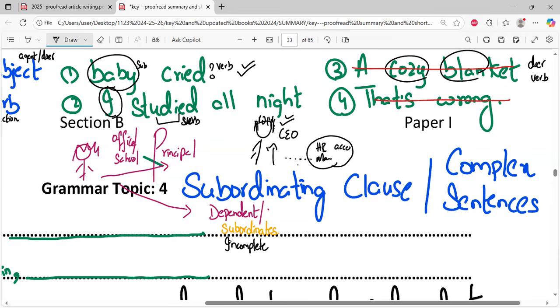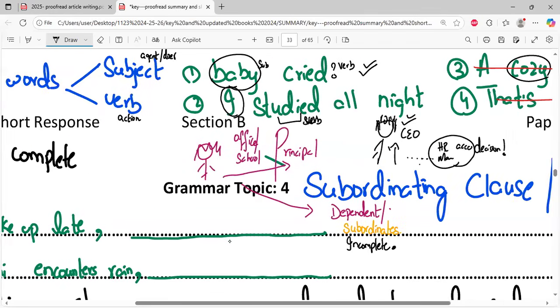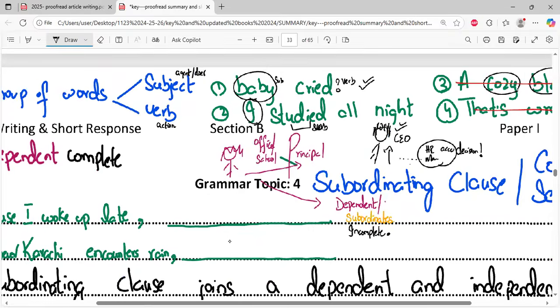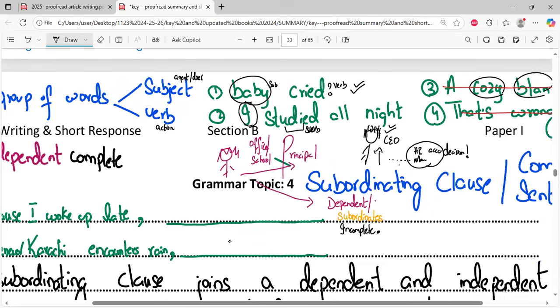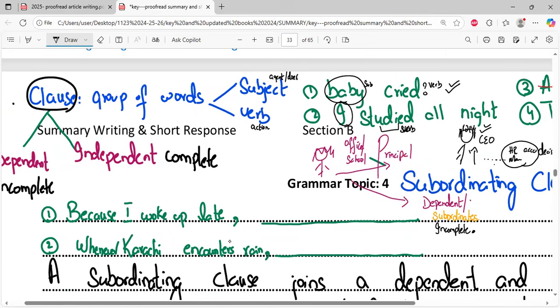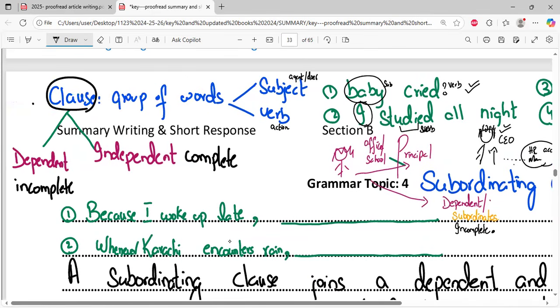So can subordinates take any decision on their own? Do they have the liberty? Anything that they decide is incomplete until and unless it has been approved by the higher authority. So if you study this on your own on the internet and you see words like subordinating, dependent or incomplete, I hope all of these words now make sense to you. Abhi tak I am still on the word subordinating and clause. Now these are of two types, dependent and independent.